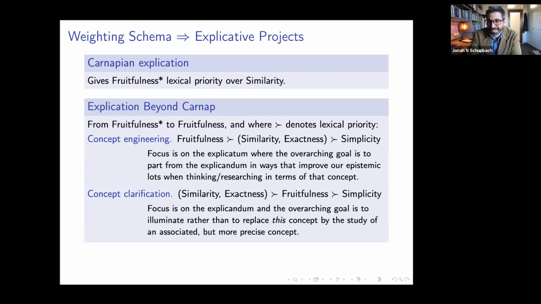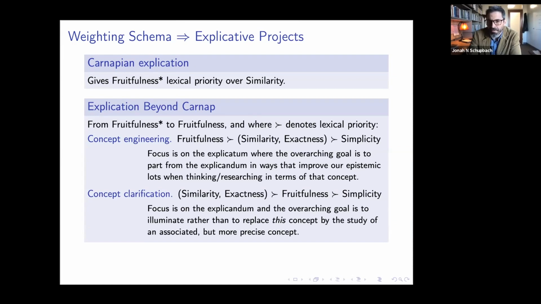Now, why would you want to do that? Well, formal epistemologists, for example, do this all the time. The idea is to try to shed light on some concept we use in our everyday epistemic lives by exploring the implications of a much more precise version of a concept that nonetheless retains a deep degree of similarity to that everyday concept, right? So here the focus is on the explicandum, and the overarching goal here is to illuminate rather than to replace this concept, the explicandum, by the study of an associated, and it has to remain associated,